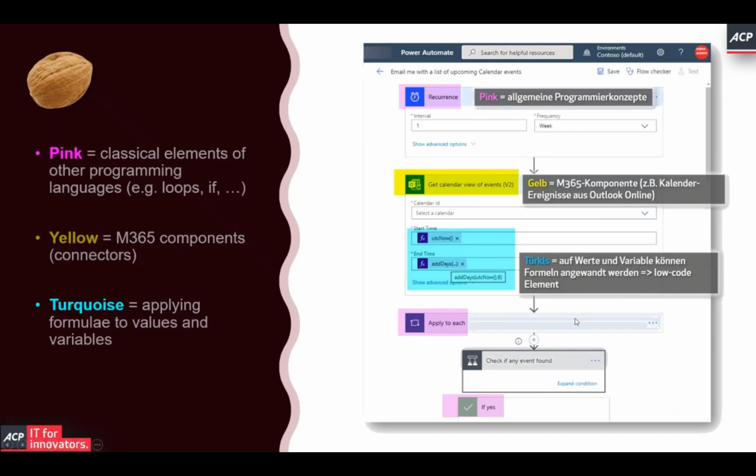So you can not only use the classical elements that come from the programming language, but on top of that, you can also add things like concatenations or UTC now that you see here. So that's the basic setup of it. The reason why it's low code is that these are just stacked in a sequence on top of each other. But as we'll see in a couple of minutes, there is also more that you can do to expand the field a little bit.